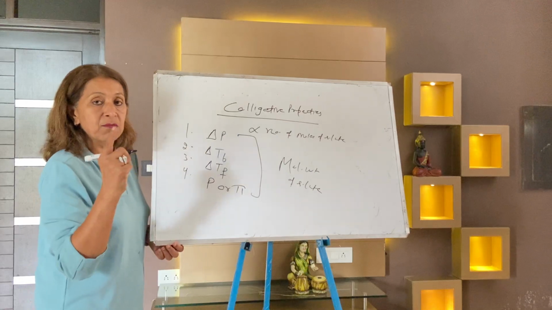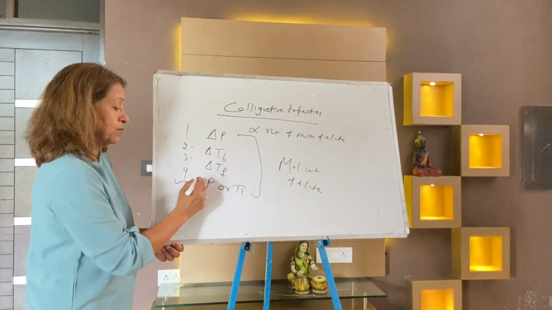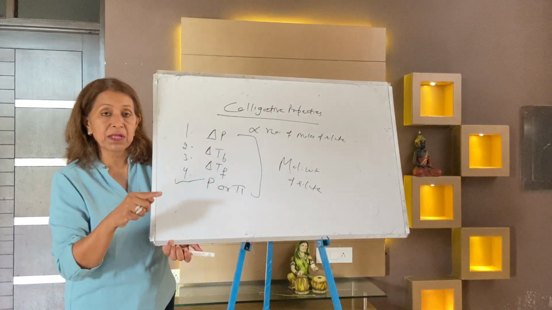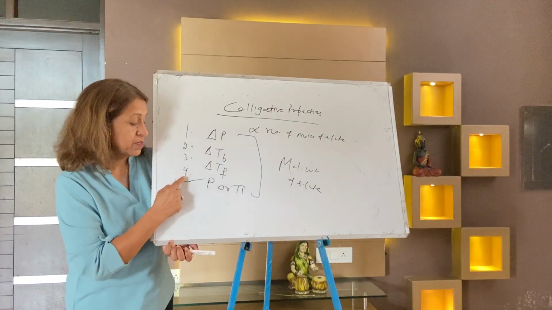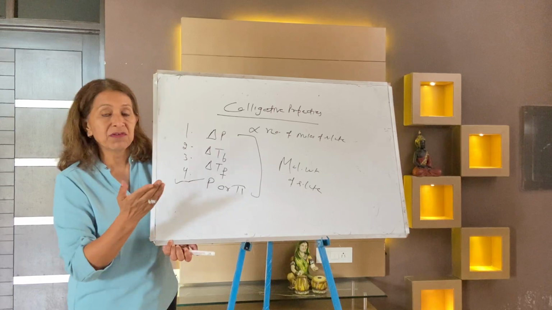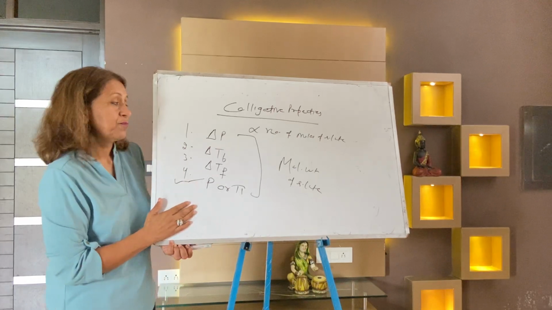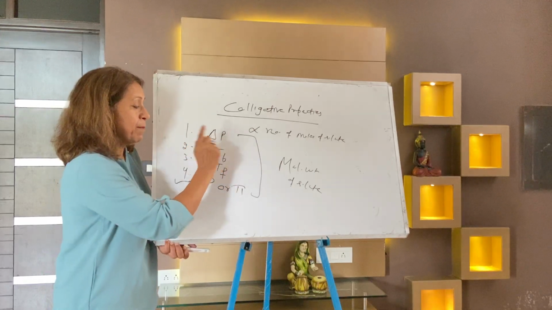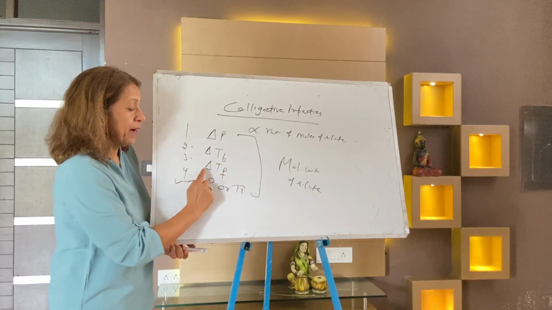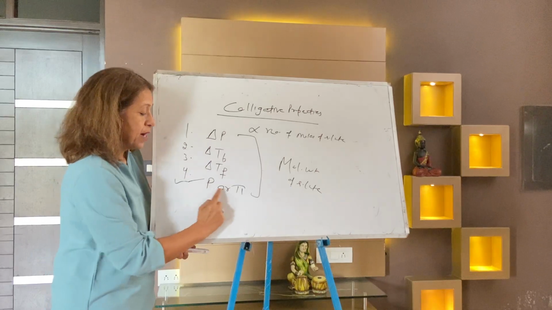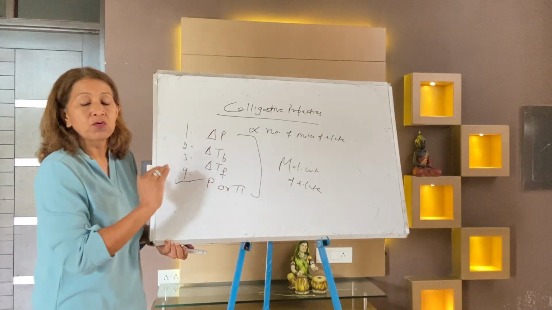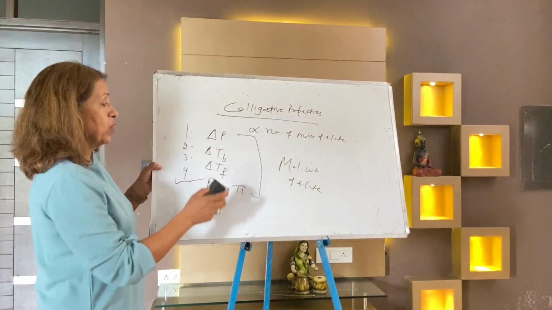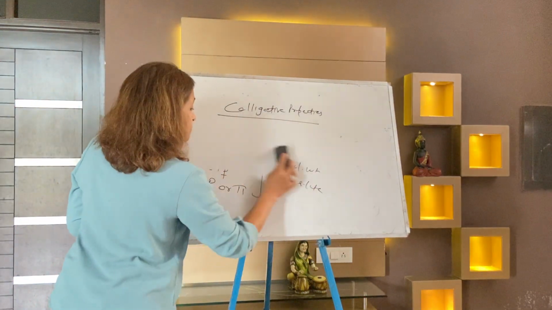The best to determine the molecular weight of polymer is osmotic pressure. Remember this. Out of these 4, which one is the best to determine the molecular weight of polymer? Answer is osmotic pressure. Why? I have given the answer in my descriptive lectures. So again listen, 4 colligative properties: lowering in vapor pressure, elevation in boiling point, depression in freezing point, and osmotic pressure. I am taking a very important question related with this. After that you can write the formulas.